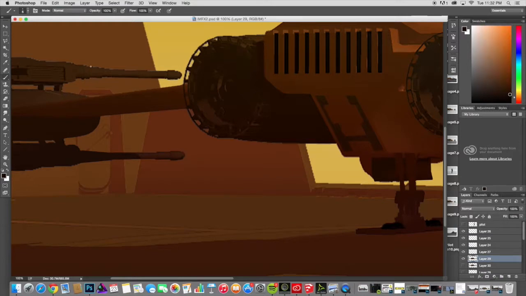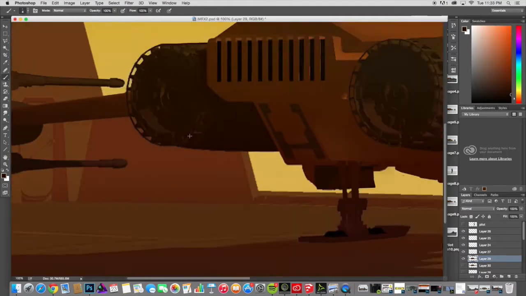There might be an easier way to actually clean up rasterization, but I find if I just do it with paint and try not to take too much time, it still preserves that sort of illustration quality to the image,